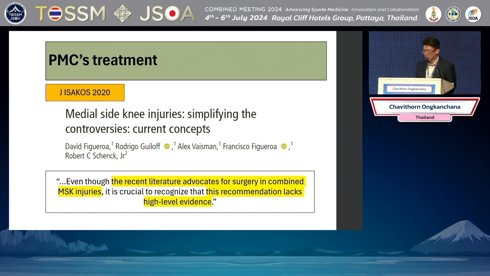injury. In another recent review published in the journal in 2020, Figueroa et al. also agreed with surgical treatment for PMC injury, but also noted that even though the most recent literature advocates for surgery in MCL with PMC injury, it is crucial to recognize that the recommendations still lack a high level